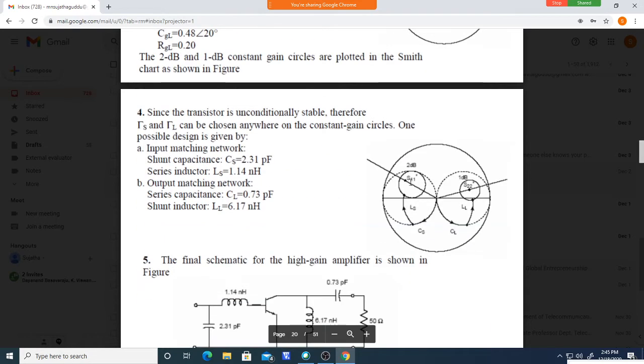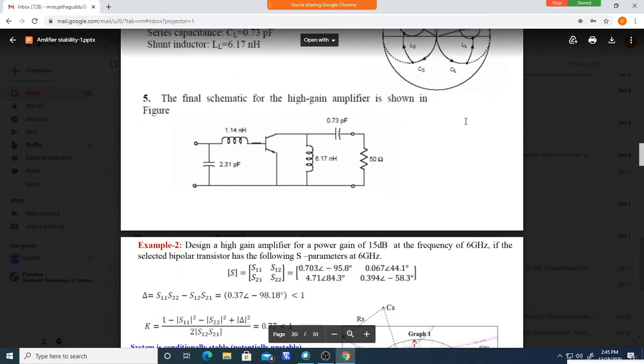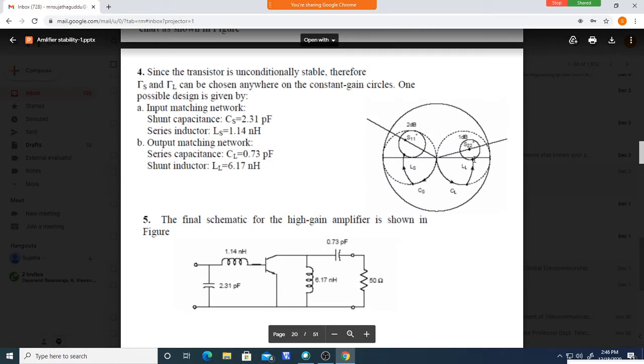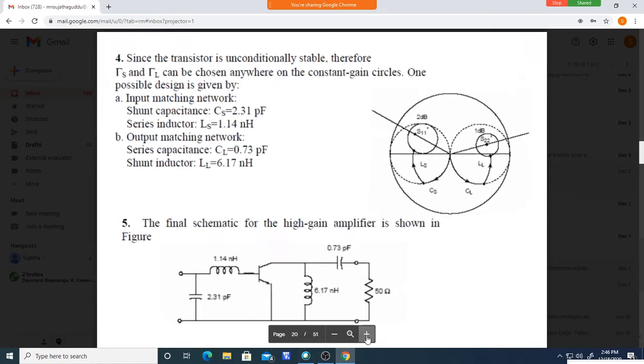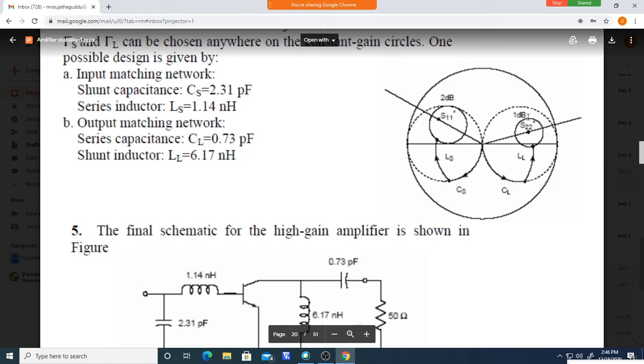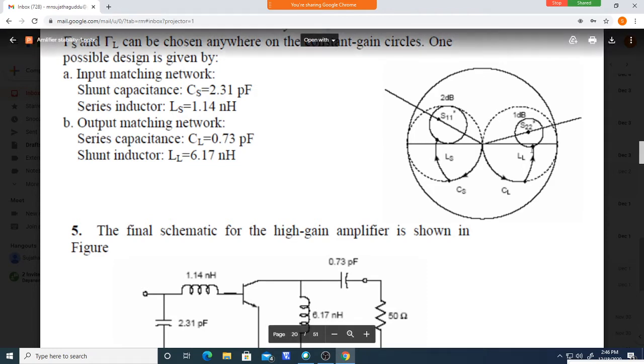So like this, you have to draw the gain circle, and out of that you should choose the point. See, like this, one of these you can take as the stability circle, and you should choose one of the points, and that must be in the stable region. So you can design the impedance matching network. See, now the impedance matching network comes. Here this is a 1 dB gain circle, and this is a 2 dB gain circle in the amplifier design. So what we did, we chose this point as the load value ZL.